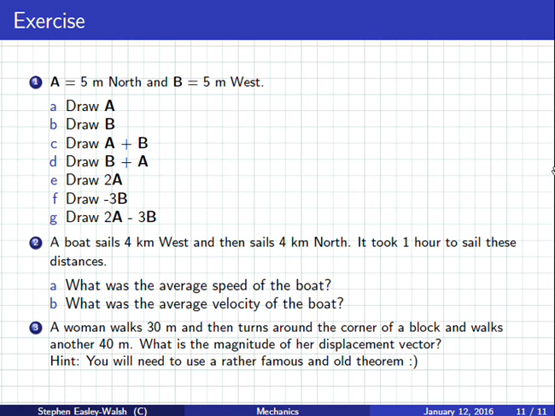So you can see it's 1, 2, 3, 4 to the west, and 1, 2, 3, 4 to the north. So this is exactly 45 degrees, which means it's exactly northwest. The length, I actually tell you in the question: if this is 4 and this is 4, then this is 5.65. We can use Pythagoras. So the answer for part D would be 5.65 steps